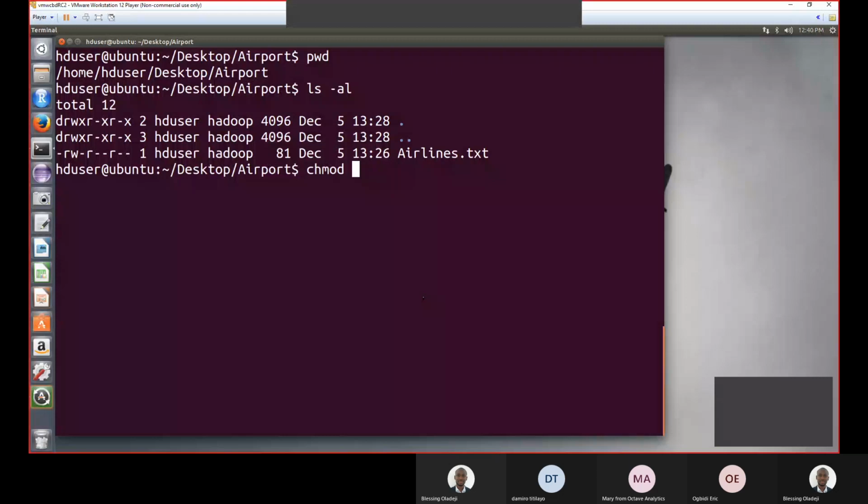Great. Okay, so we're talking about changing the access right to a particular file. In order to change the access right to a file, what you need to do is to use the chmod command. The chmod command changes the access right to a particular file. But before you do that, you may also want to first query what kind of access is available to a particular file. So if the file is airline.txt, you find the kind of access to this file with